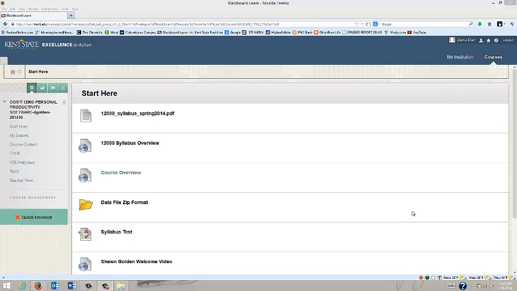This is an overview of the Access projects for COMT 12,000. Before we get into the projects, I want to take care of a couple of housekeeping items. First, before you do the projects, you will need to download the data files. In our course in Blackboard, if you go under the Data File folder under Start Here, you will see that there